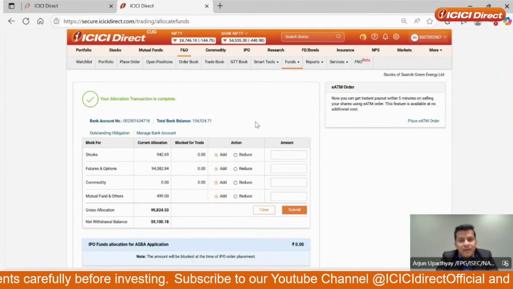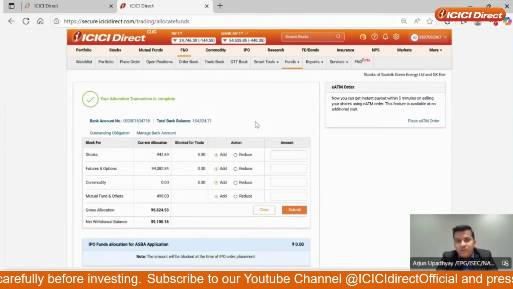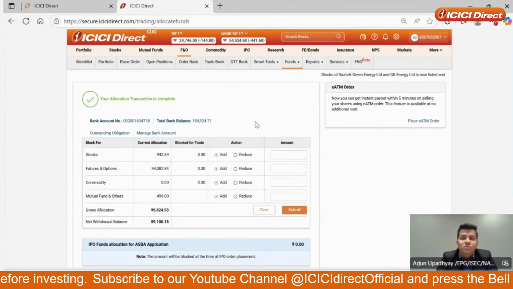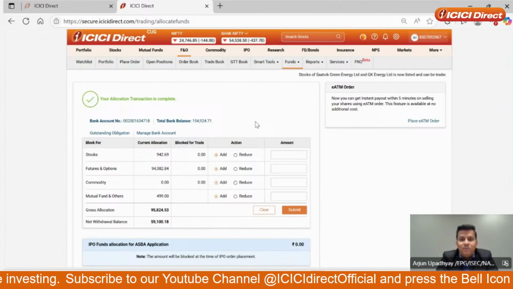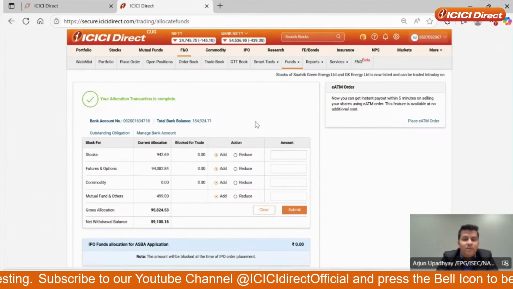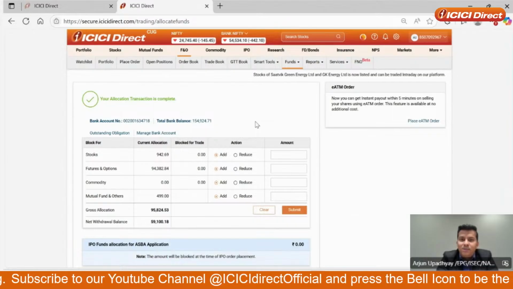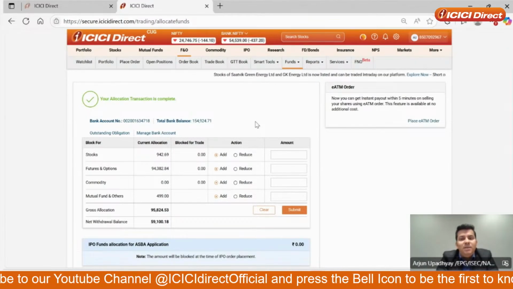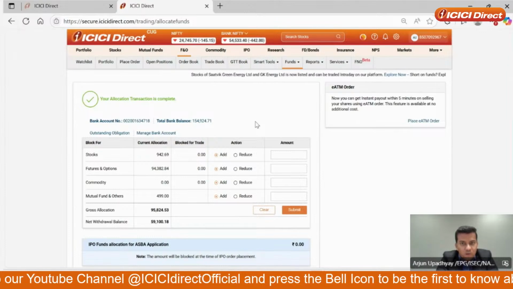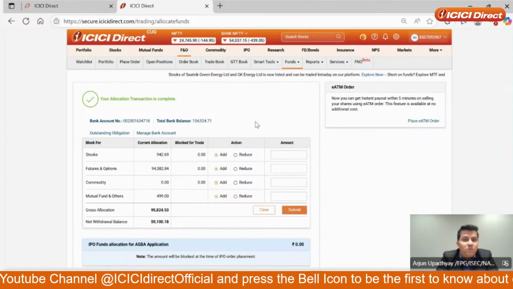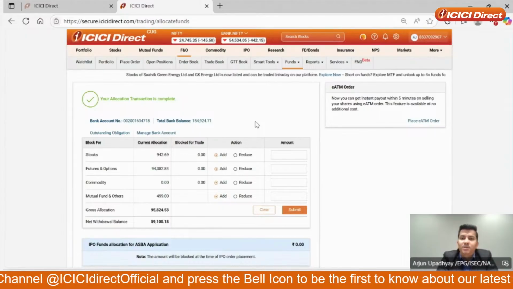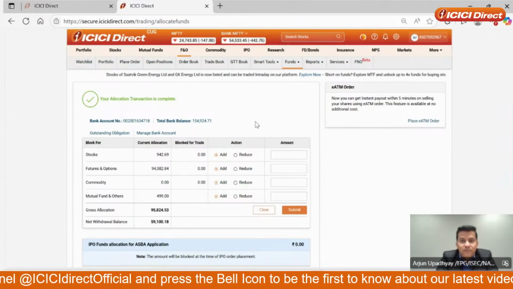Now the second way in which we can set up margins is to leverage your demat holdings or shares. Most of us are in the markets for a long time and we've got our holdings in our demats. Is there a way that I can leverage that? When I say leverage, yes, there is an element of leverage involved. But if I consciously want to do it, are there tools that enable me to pledge my shares and create margins in the market? So yes, there are.